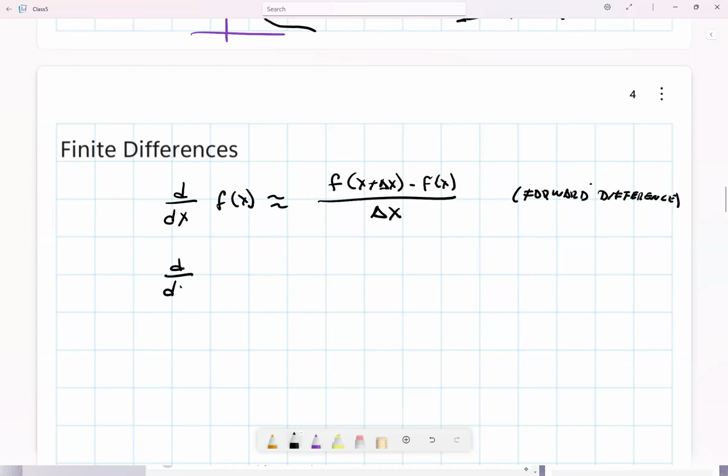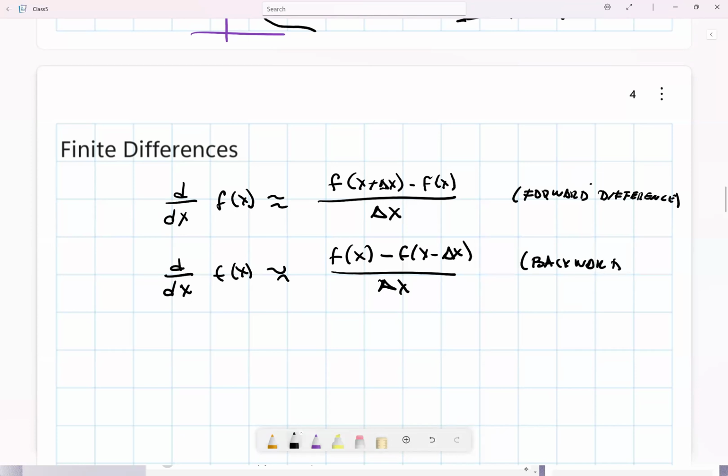You, of course, have the d/dx of f of x, which is about f of x, just by itself, minus f of x minus delta x, over delta x, and this will be the backward difference. If you add the two, let's say take the average, say 1/2 of this and 1/2 of that,